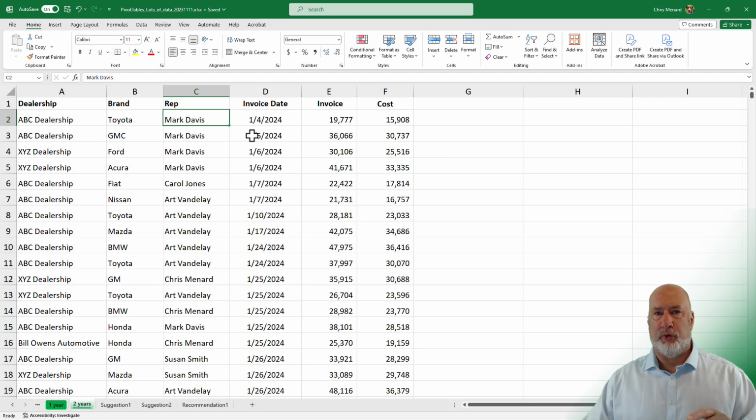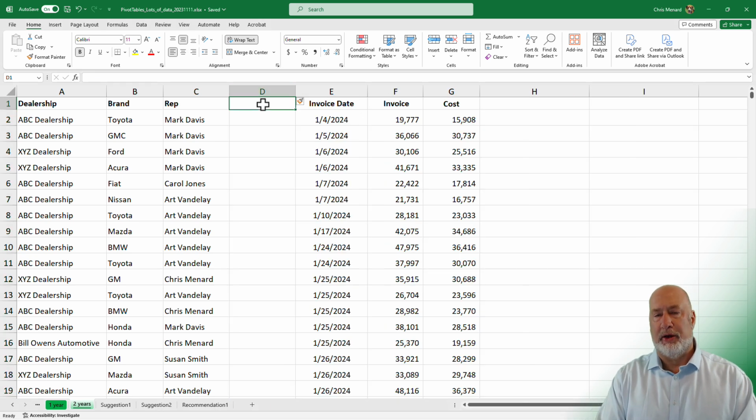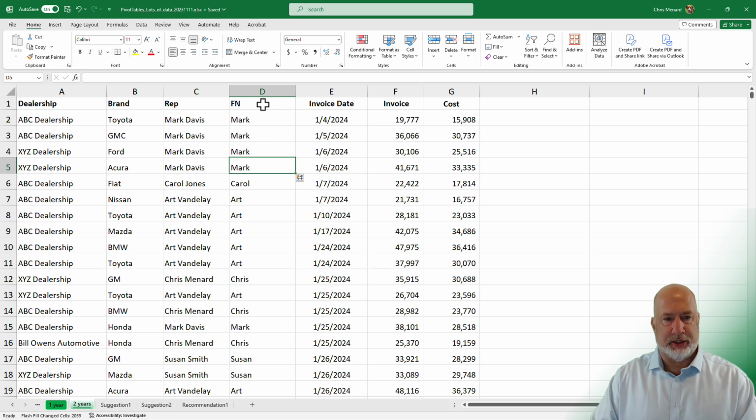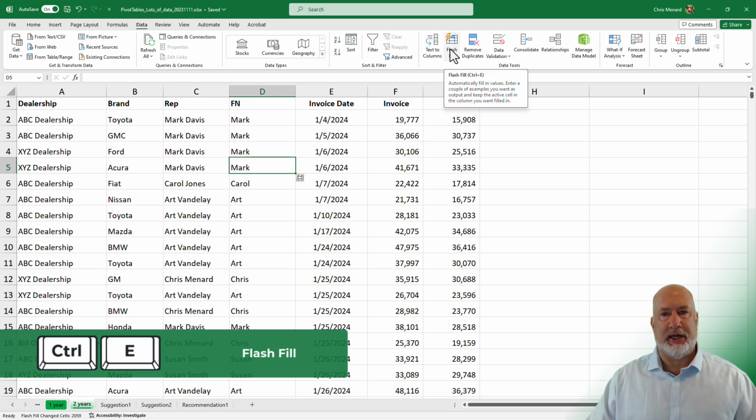So before I pop over to the web and show you Formula by Example, this is just a great refresher. Flash Fill, which everyone has, including the desktop version, is a great feature for everyone to use. If I insert a column here, notice my reps in column C are first name and last name, so I can't sort by last name. So I could come in here and start breaking out the names. I got three, Control E, and look, it picked up the names. In case you're wondering why in the world it was Control E, Data tab, Flash Fill, and it says the keyboard shortcut, Control E.